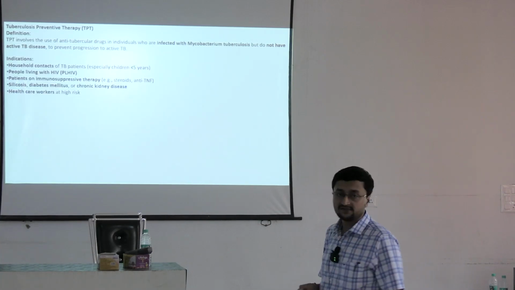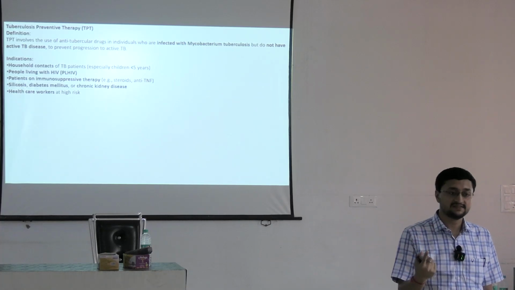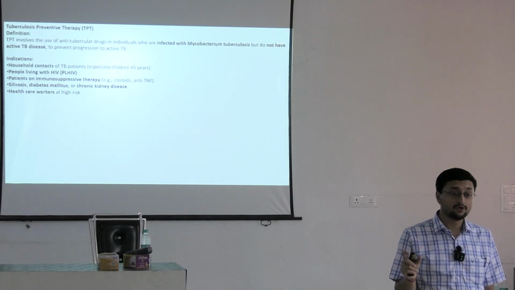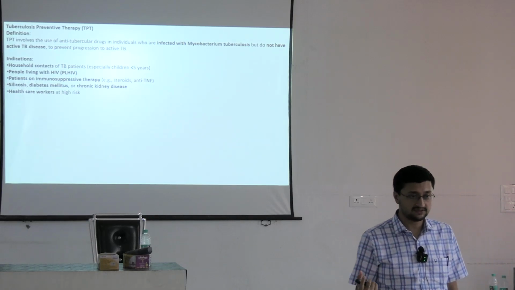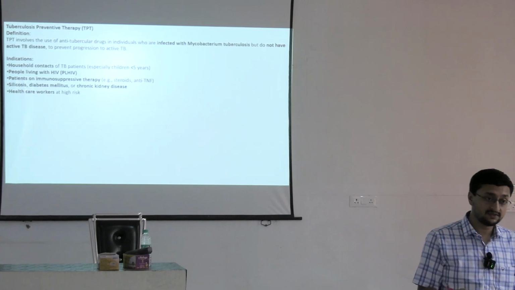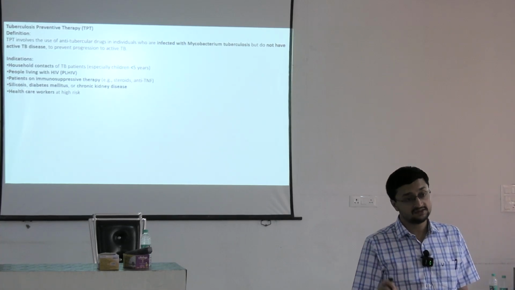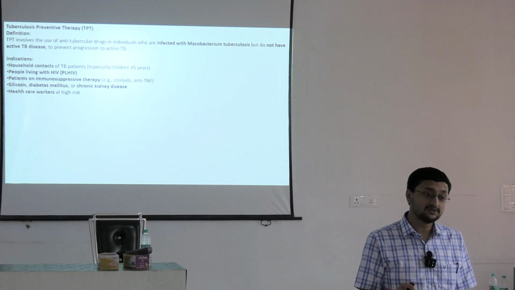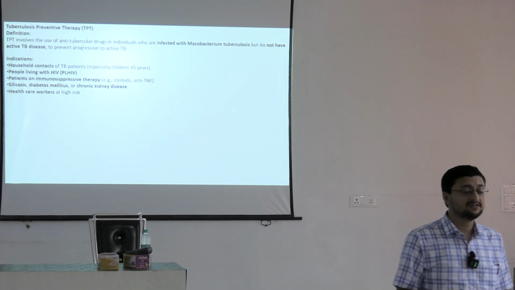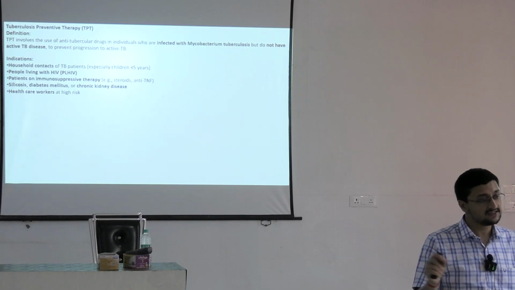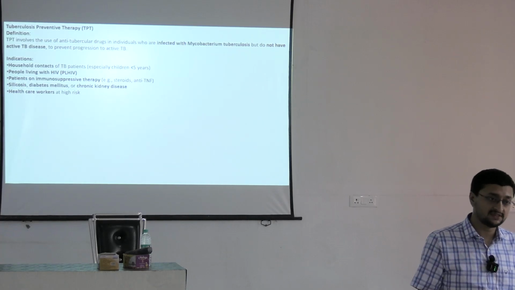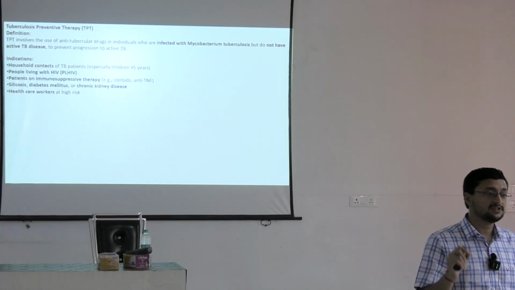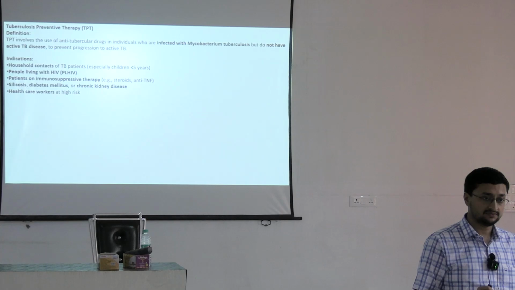So, what are the indications of TPT? First one is PLHIV. This is important. Children less than 5 years with household contact, যাদের অ্যাক্টিভ টিবির কন্ট্যাক্ট আছে তাদের দিতে হবে। আগে বলা হতো অনলি চিলড্রেন অফ লেস দ্যান 5 ইয়ার্স অফ হাউসহোল্ড কন্ট্যাক্ট অফ টিবি পেশেন্টদের দিতে হয়। এখন যেটা গাইডলাইন সেটা হচ্ছে ইন অল পেশেন্টস অফ হাউসহোল্ড কন্ট্যাক্ট ইরেসপেক্টিভ অফ এজ, যাদের বাড়িতে টিবির পেশেন্ট আছে সমস্ত পেশেন্টকে কিন্তু টিপিটি টিউবারকুলোসিস প্রিভেন্টিভ থেরাপি অ্যাডমিনিস্টার করতে হবে। ঠিক আছে,